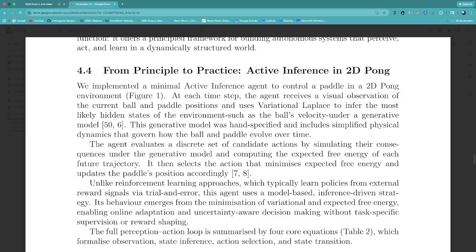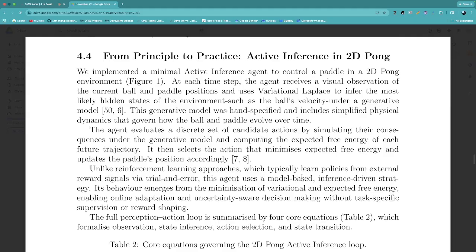So this just goes through comparing this with reinforcement learning approaches, which typically learn policies from external reward signals via trial and error. That's where you have an agent that's learning through trying different things, and if it's getting an error, it tries something else. This agent uses a model-based inference-driven strategy. Its behavior emerges from the minimization of variational and expected free energy, enabling online adaptation and uncertainty-aware decision-making without task-specific